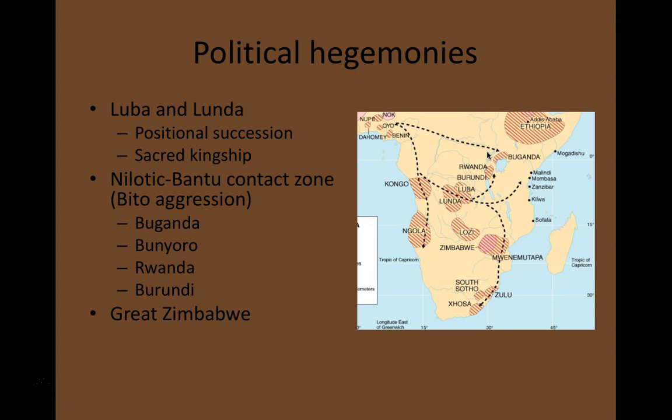Another example of a microstate, I guess it's kind of a kingdom, but a very interesting one, is Great Zimbabwe. And truthfully, Great Zimbabwe predates Lubalunda and all of these kingdoms of the Great Lakes region, stretching back to probably around the turn of the first millennium, maybe the late 10th, early 11th century. And then there are also microstates down here in southern Africa. We don't have yet the Zulu, but the Xhosa peoples were starting to form small microstates, same with the Sotho. So kind of all over southern Africa, we've got microstates.